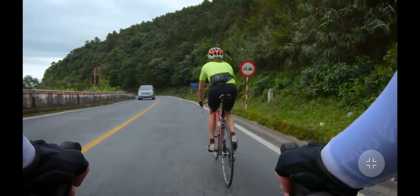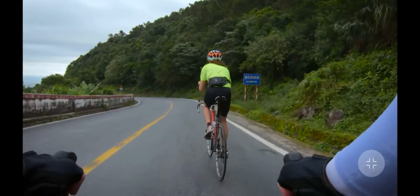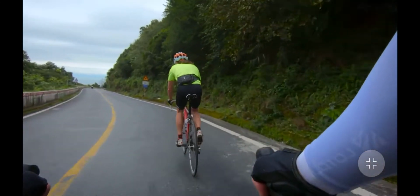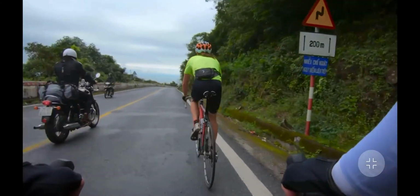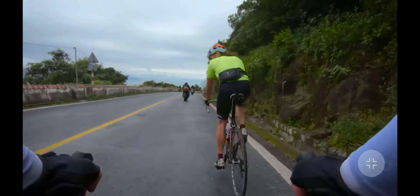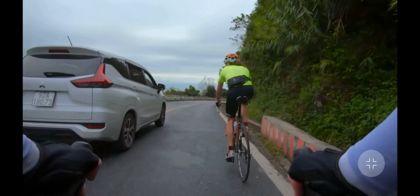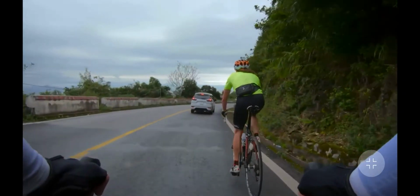Now that we've been able to start rolling out from the summit of Hai Pass, I want you to spin your legs here for our warm-up. Give me a cadence of around 60 to 70. RPE of about 2 to 3 now. Got to get the blood flowing, get those muscles warmed up,